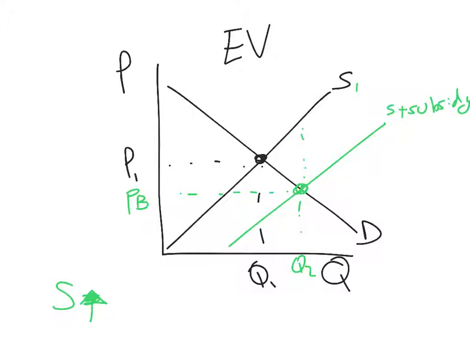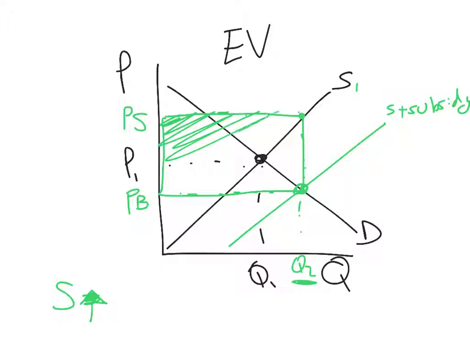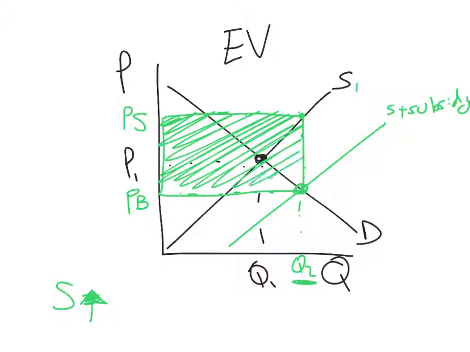So when we drag this new quantity up, because the government is now subsidizing Q2, not Q1, go back up to the original supply curve and drag that across. So that is the price the sellers receive. And so that box here that's been created is the size of the subsidy that's necessary for this production level. So just like with government revenue, it's the opposite. So this is how much government has to pay. So this is the size of the subsidy.